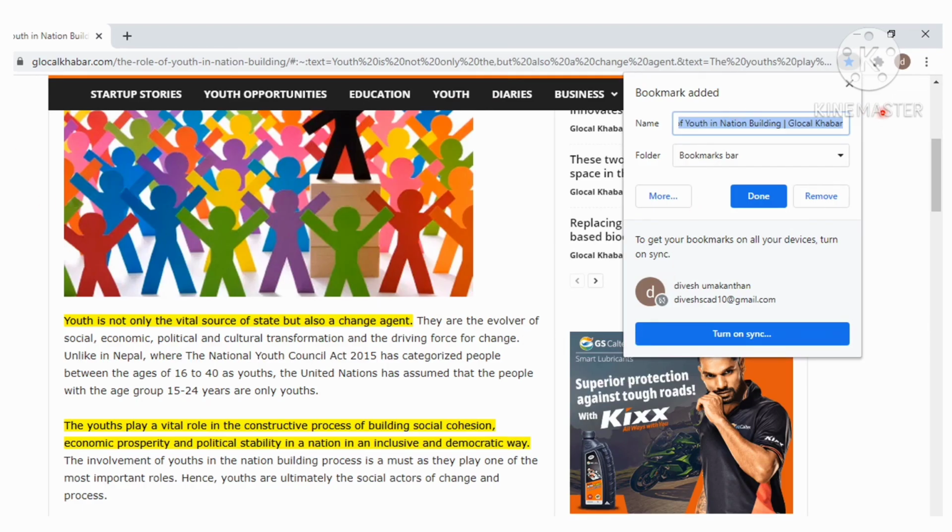You can see in this page, when I'm opening the link and selecting the star, the bookmark is added. This is how you have to bookmark the web page, so whenever it's needed you can refer to it in the future also. Got it, children? Okay, we can go to the next.